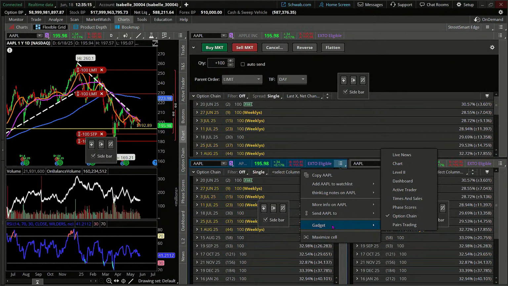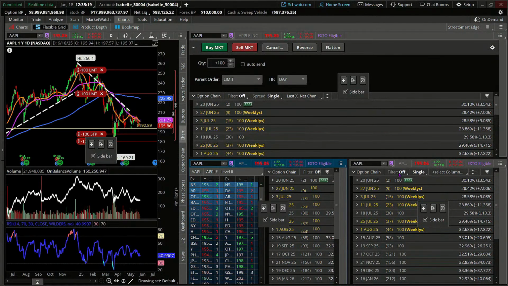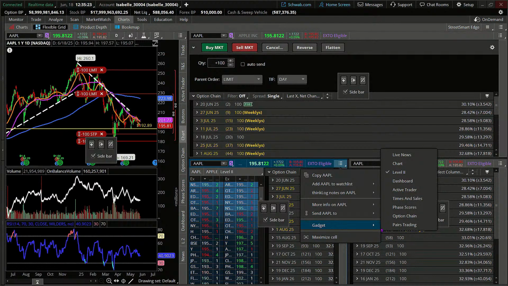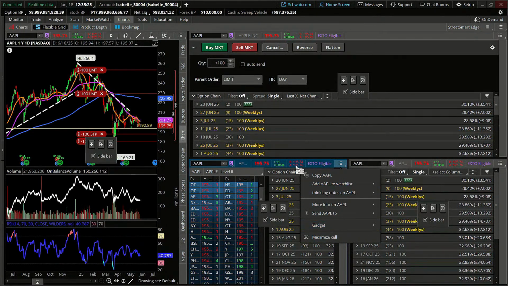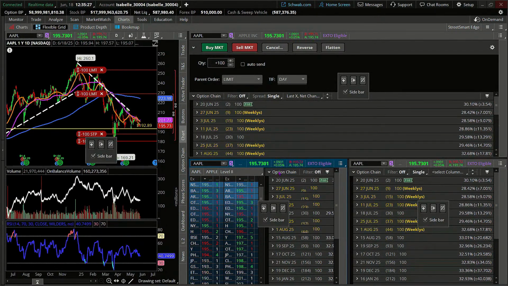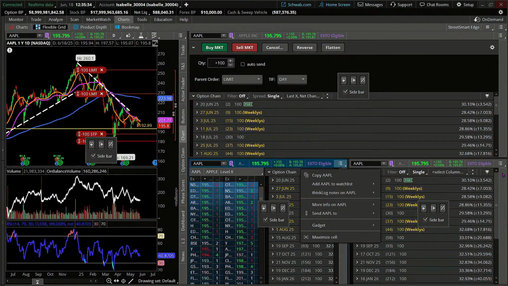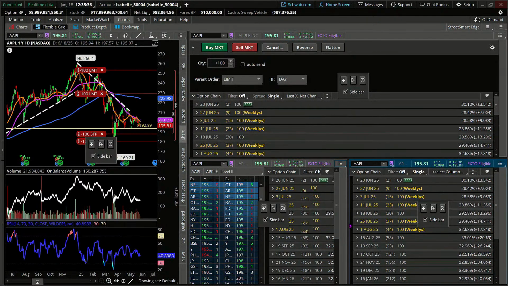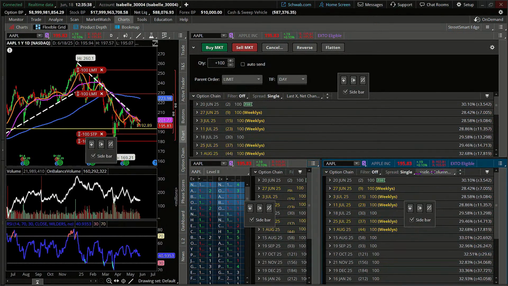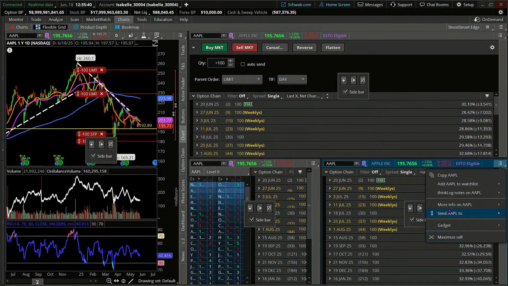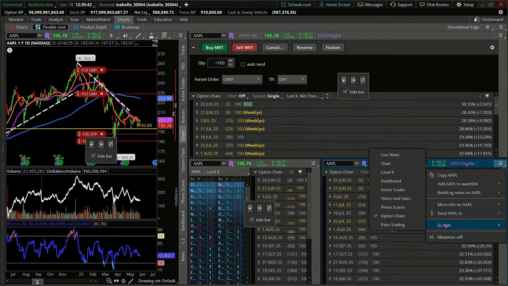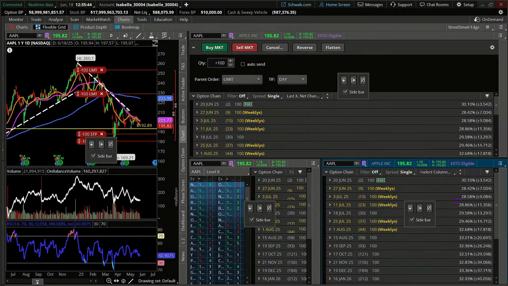So instead of, I have option chains up above, how about we make this one level 2? And let's uncheck the gadget for option chain. Now that should have eliminated my option chain here, everybody. I'm not sure why it didn't, but it should have. And then additionally over here where we've got the option chain loaded, what if we wanted this instead to be news? So let's uncheck that.